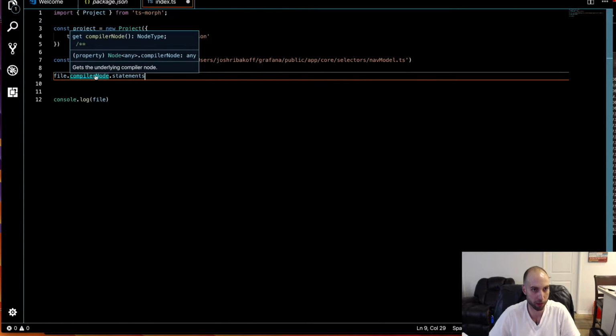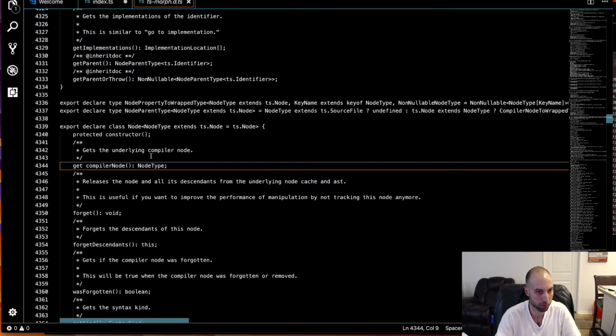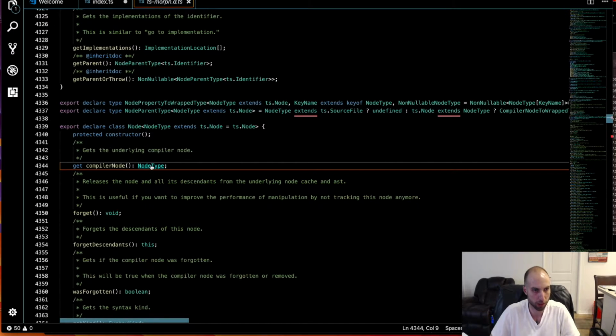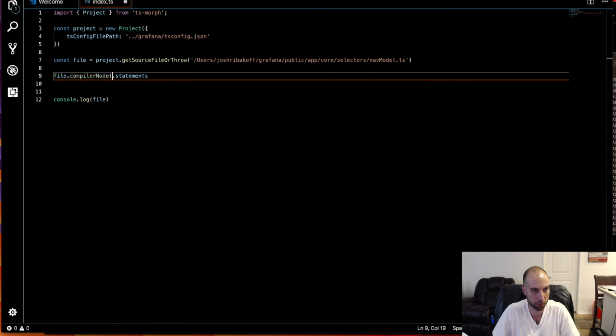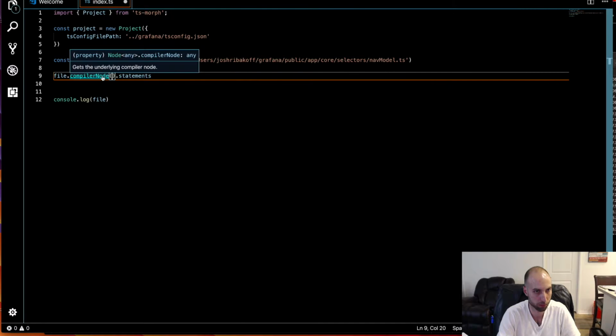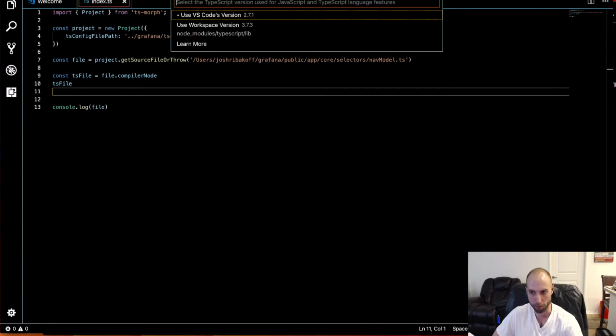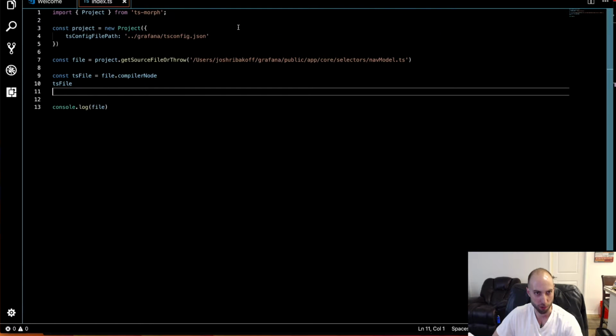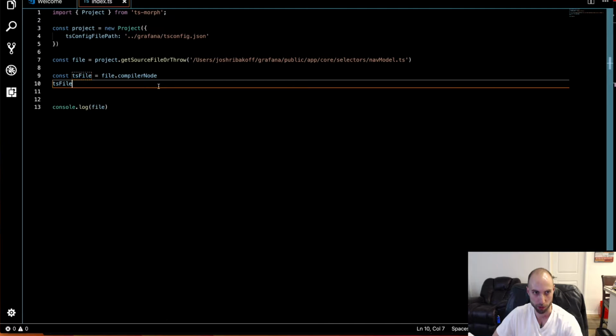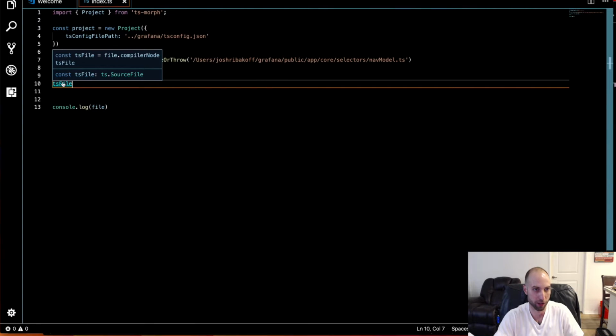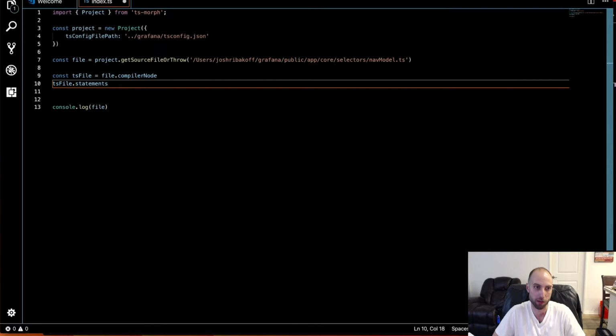We're not getting typing on this. Oh, it's a getter. No. The reason the typing isn't working is that down here at the bottom in VS Code, it's using TypeScript 2.7 instead of the workspace version. I'm going to switch to the workspace version, which is 3.7, the latest version. And so now the file has the correct typings. Instead of any, it's a ts.SourceFile, and on there we can get our statements,